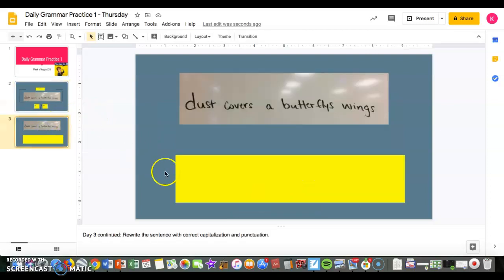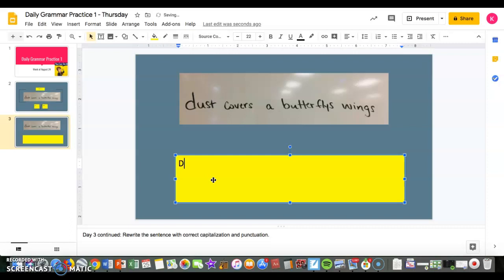So if we move on to our next slide, our day 3 continued, what you're going to do is rewrite the sentence with correct capitalization and punctuation. You can click on our text box there, and start typing the sentence with correct capitalization and punctuation. Now we know that the beginning of every sentence has to start with a capital letter. So we will change dust to have a capital D at the beginning of it. Covers a